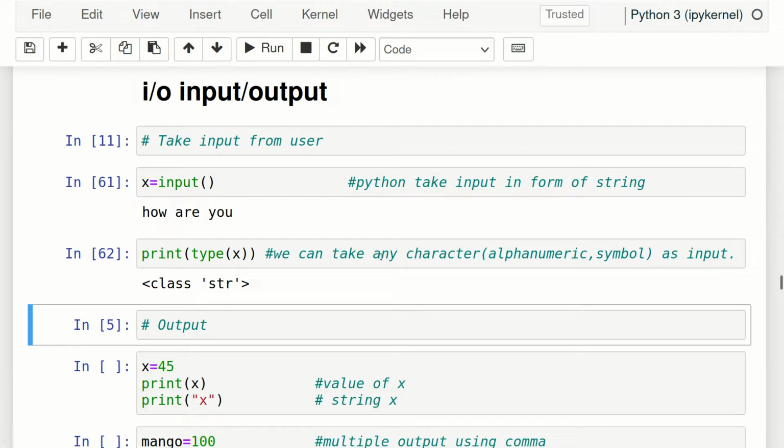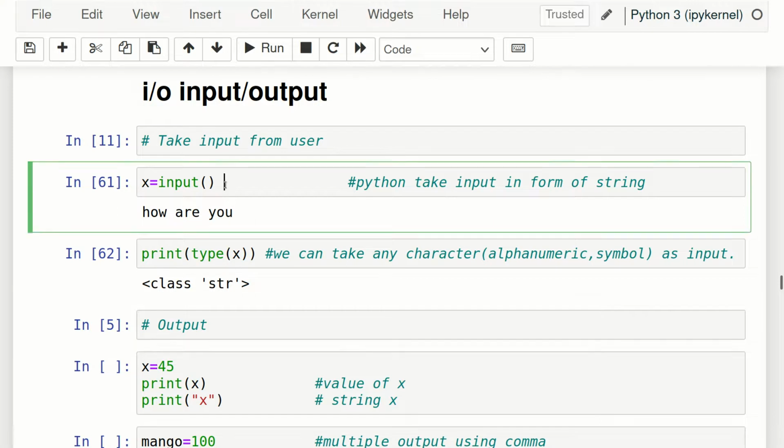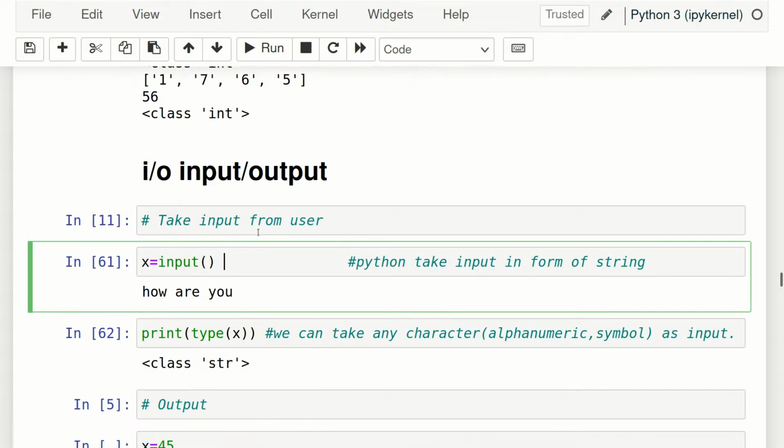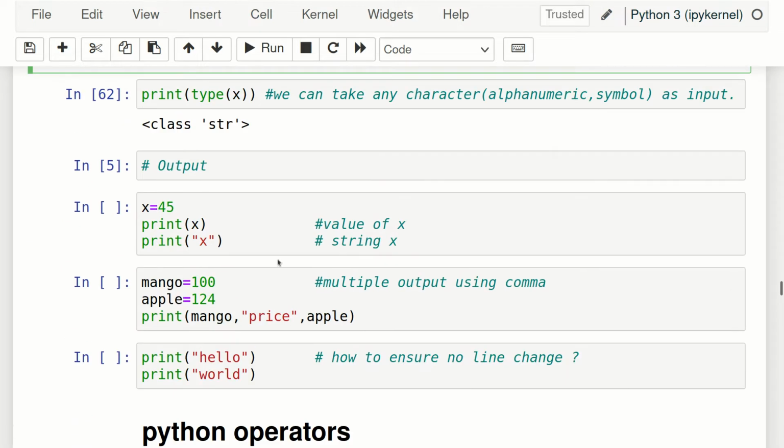And we have written also, we can take any character as input since it is of type string. This is giving us freedom. Even any symbol we can take as input, and if we want we can do conversion also. This is very simple. Now this was about input. Just write int, input and then the round bracket, and it will take input, whether it is a number or symbol or anything, comma, space, anything, because this is of type string. Now we will see how to do output.